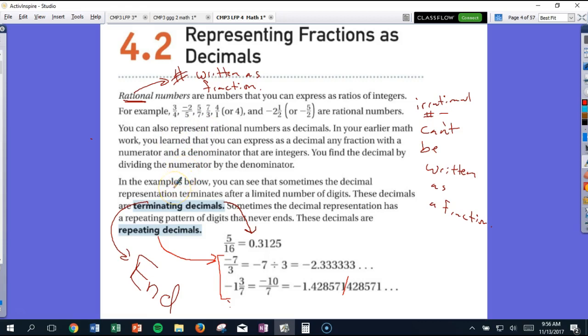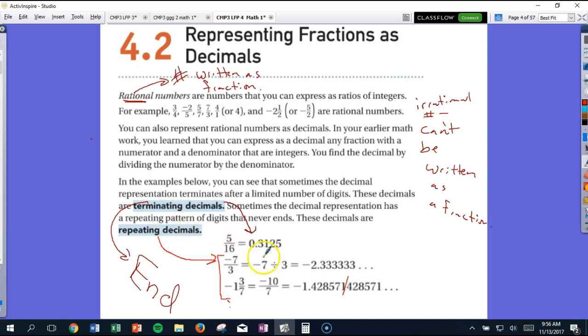I'm going to jump down to this paragraph, and it says, in the examples below, you can see that sometimes the decimal representation terminates or ends after a limited number of digits. These decimals are terminating decimals. Like this one, it's terminating. It came to an end. There's nothing after this 5, okay? That's a terminating decimal. Sometimes a decimal representation has a repeating pattern of digits that never ends, and these are